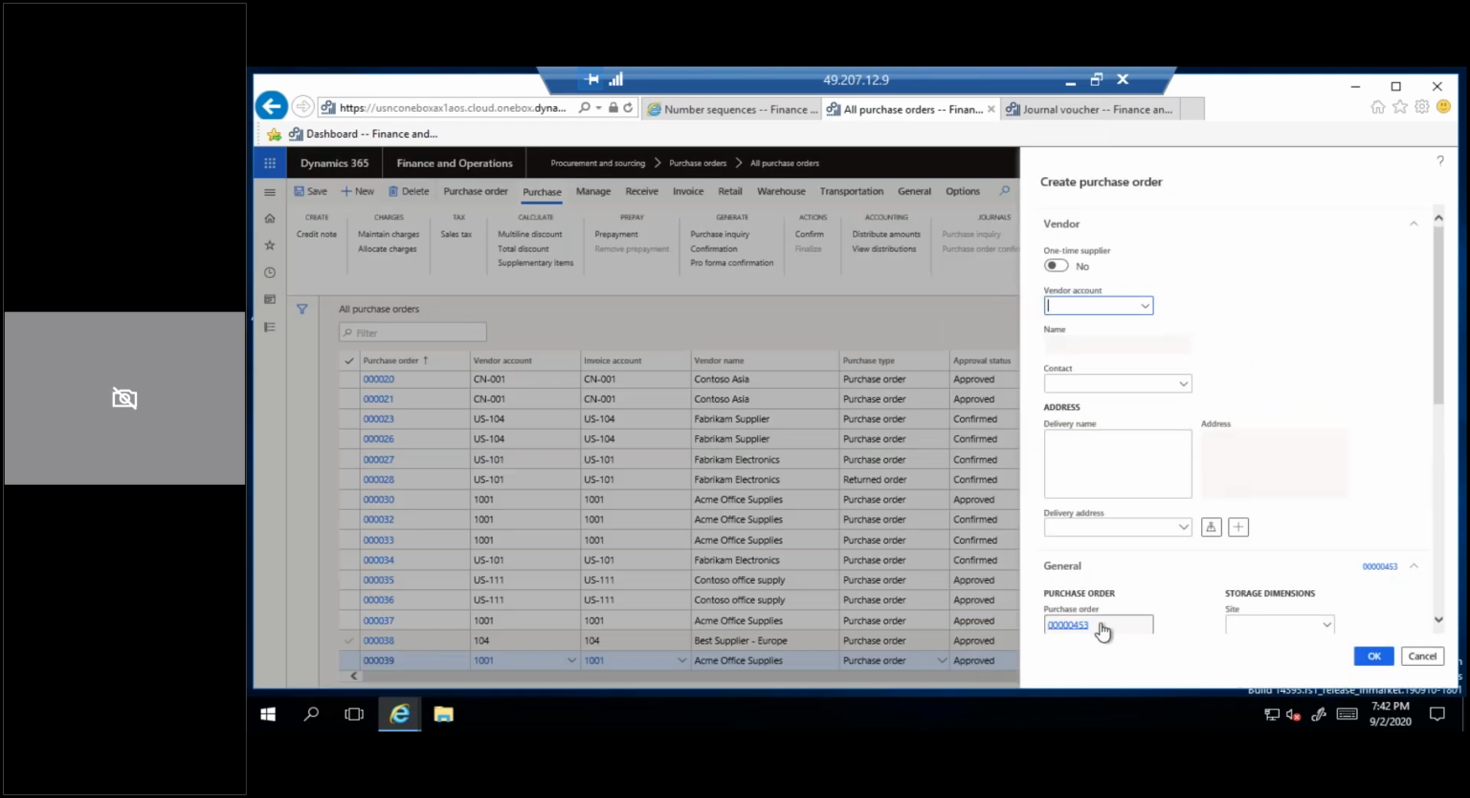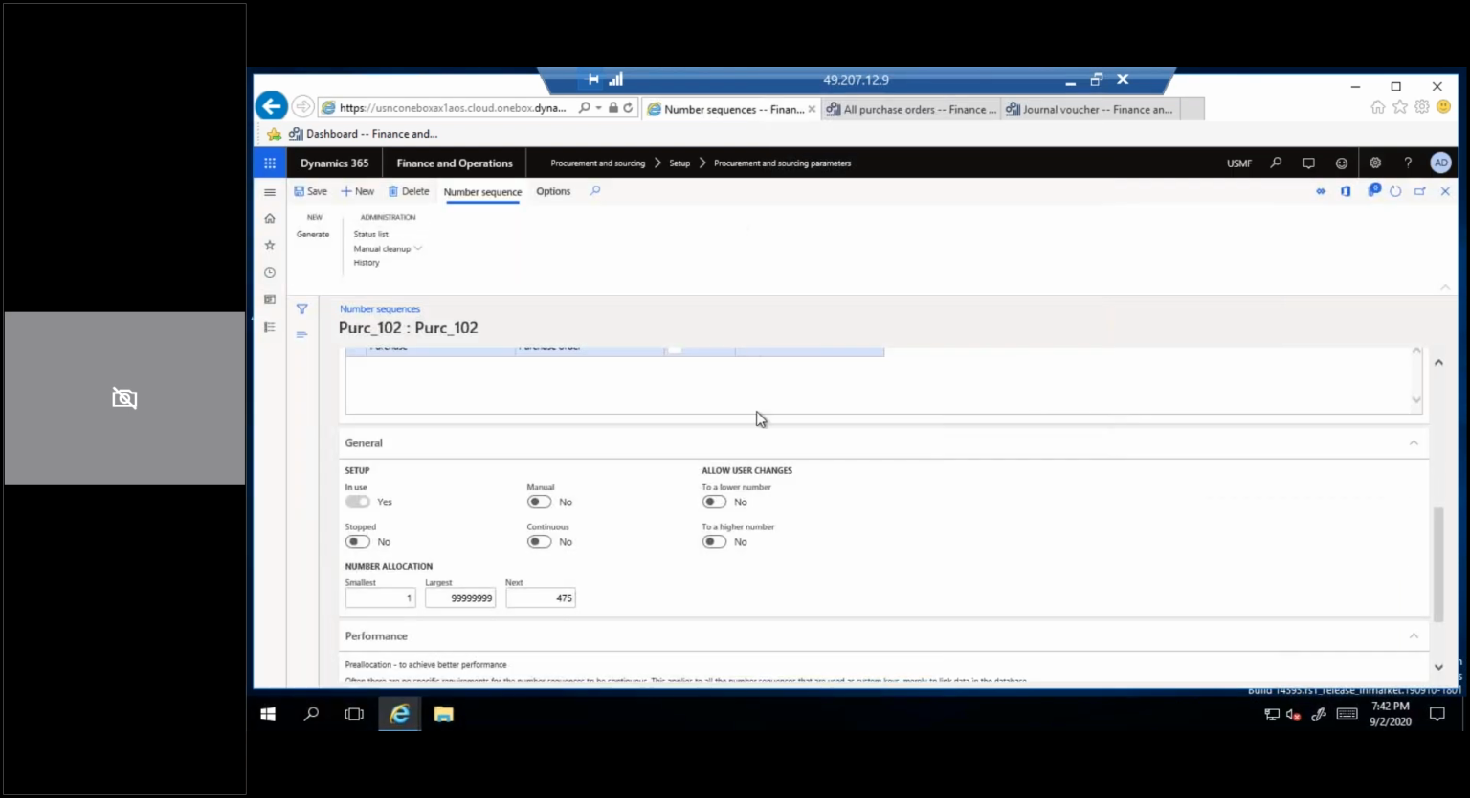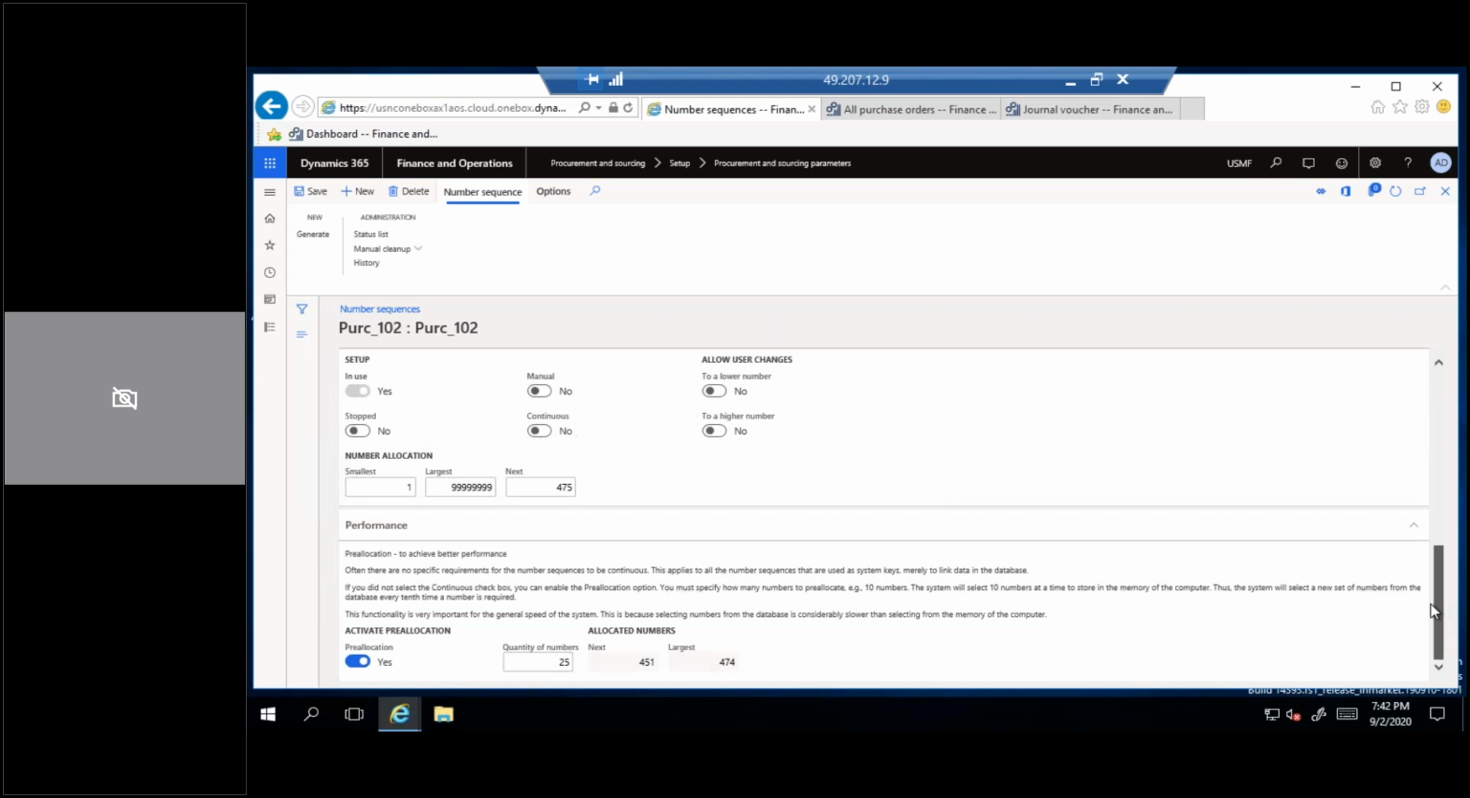Four five three. If you don't want it like this, then okay, you can make it continuous. Here there is manual and continuous. Okay, and then here